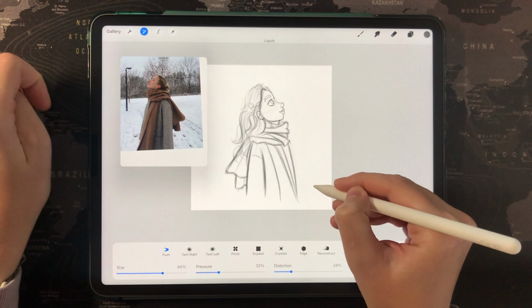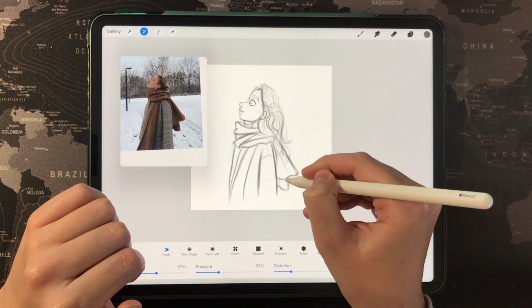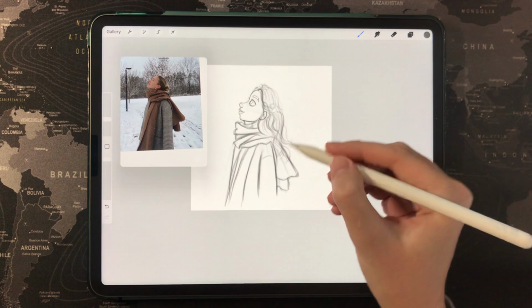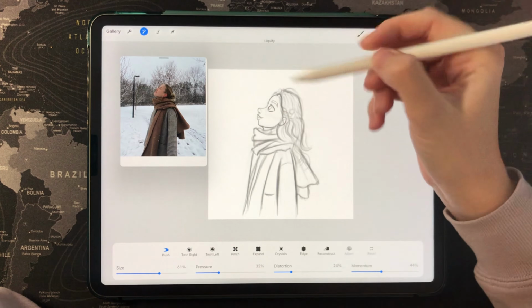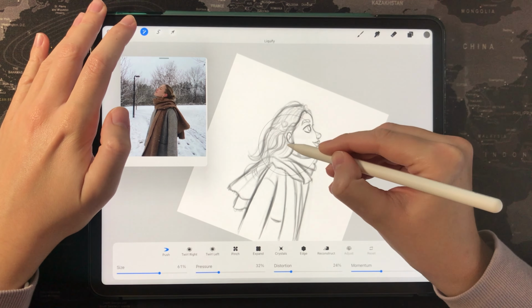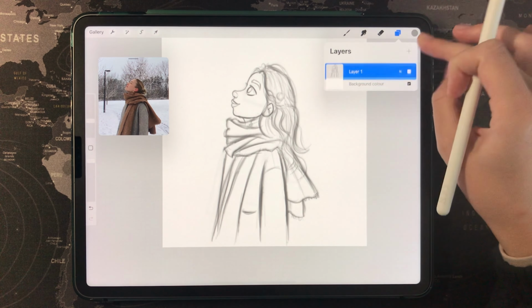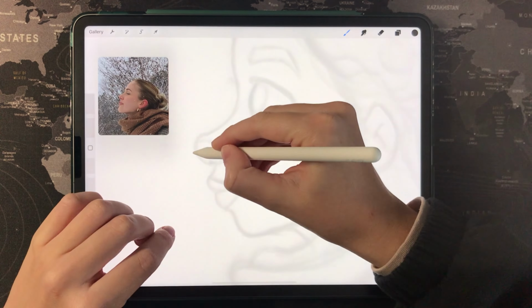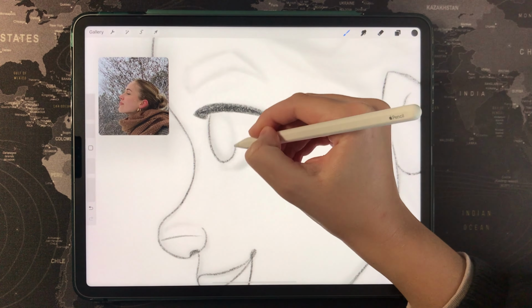I say it in almost all my tutorials that I flip the canvas horizontally and then I use the liquify tool to fix some parts. So I'm happy with this result, and now it will be the last refinement.